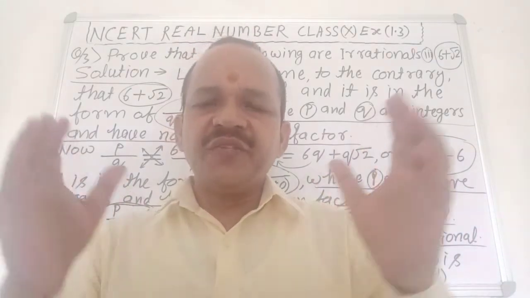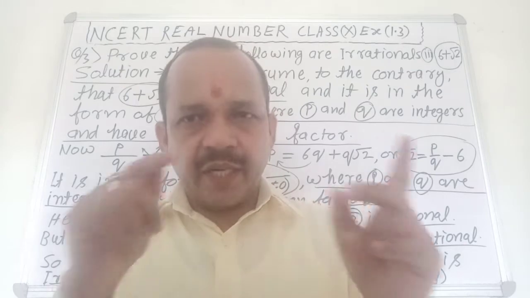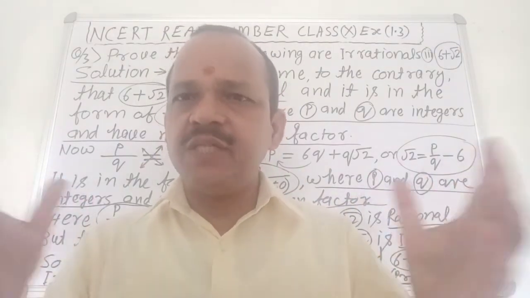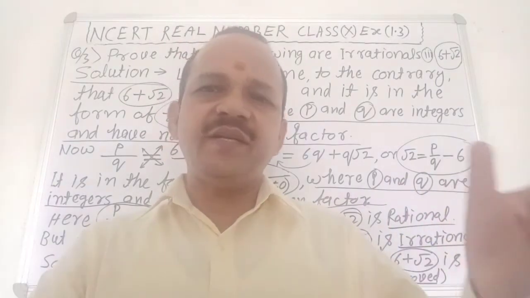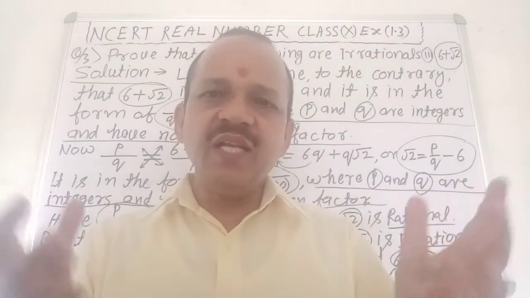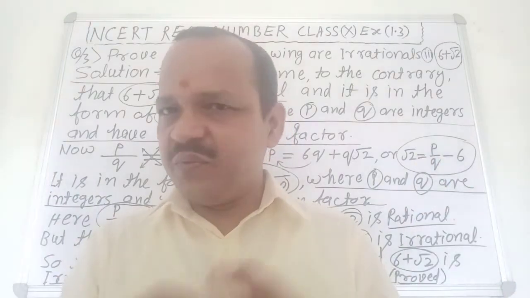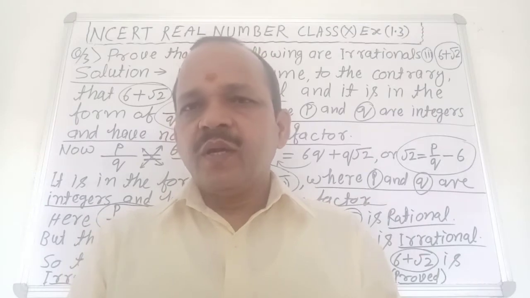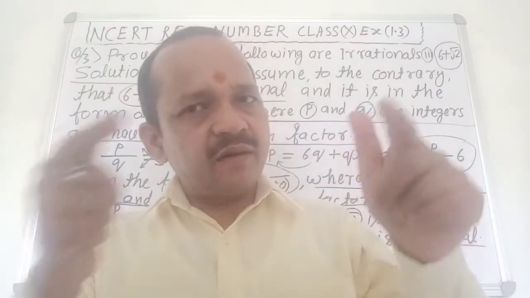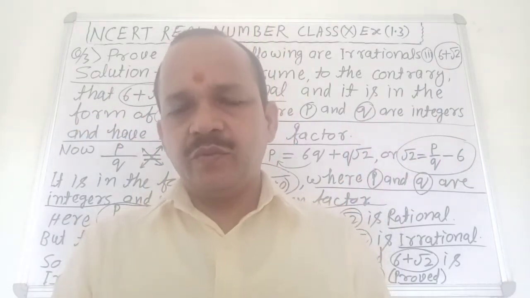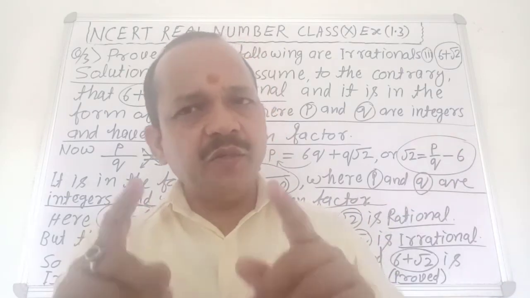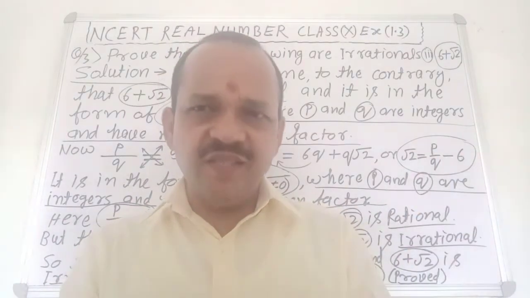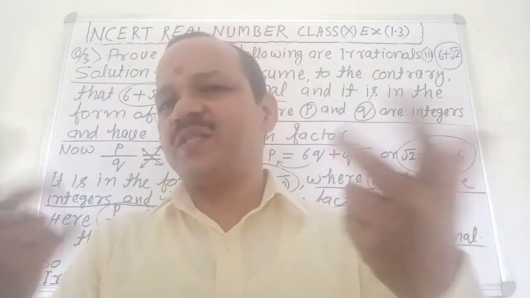Very good. Firstly, I want to describe rational number and then irrational number, because you can ask me very easily, what is a rational number and what is an irrational number? Rational number and irrational number are very easy for you. Clear? Concentrate your mind. A number which we can write in the form of p by q, where p and q are integers and q not equal to 0, is called a rational number. The definition of rational number is very easy.